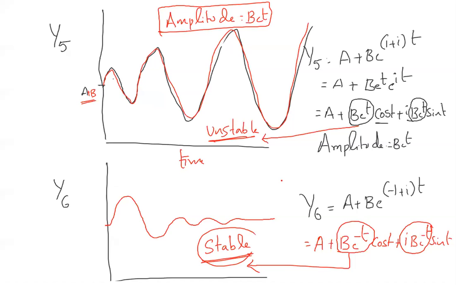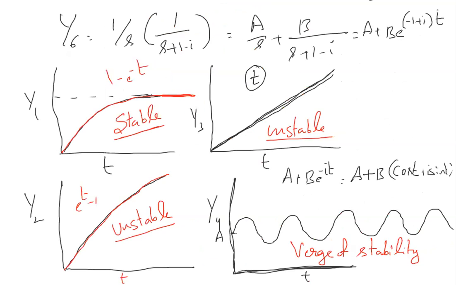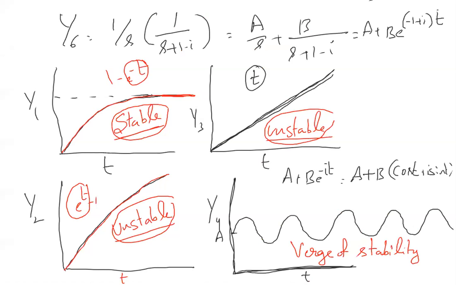So did you get all the graphs? Now, if we go back and find out the strategy, this is stable because of e power minus t. This is unstable because of e power t. This is also unstable. You can't call this as verge of stability. Basically, what you can say is, looking at all the transfer functions, let's say